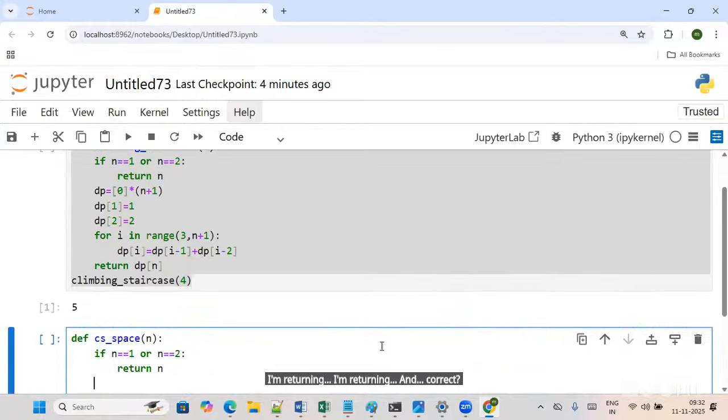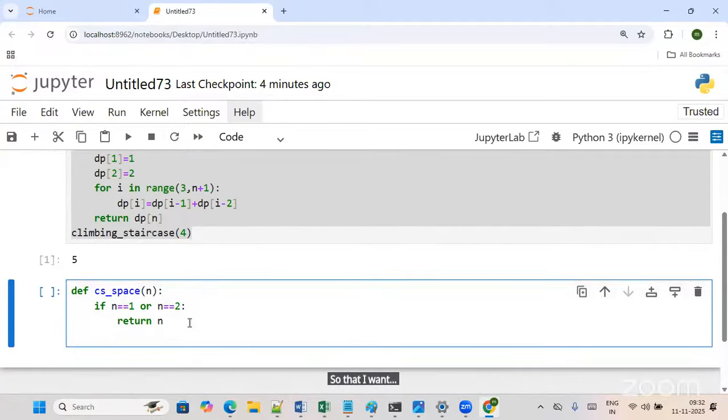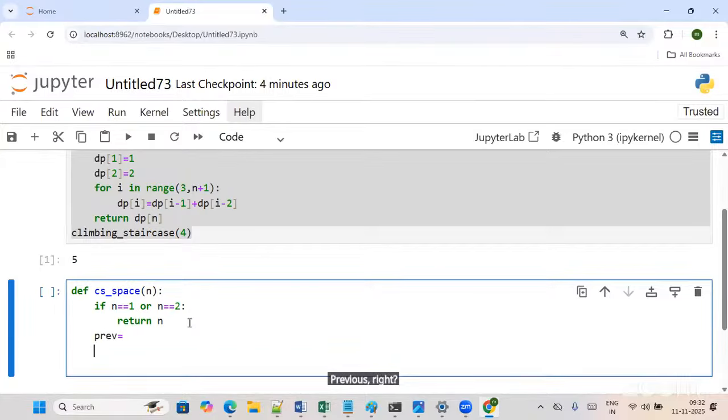Now, what I need to do, guys, this time I'm not taking the list. I'm taking only two variables here, so that I will be able to reduce the space complexity. So I'm taking one variable called previous, right? And I'm taking one variable called current, correct? Now in the previous case, I'm giving the first value, and in the current case I'm giving the second value,